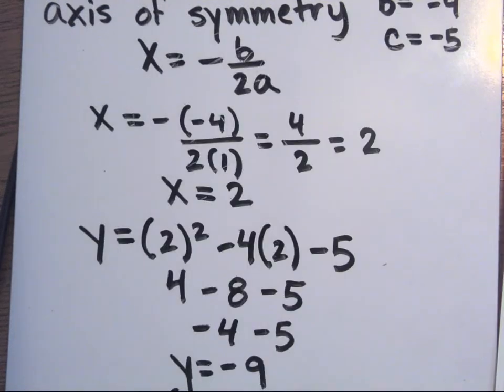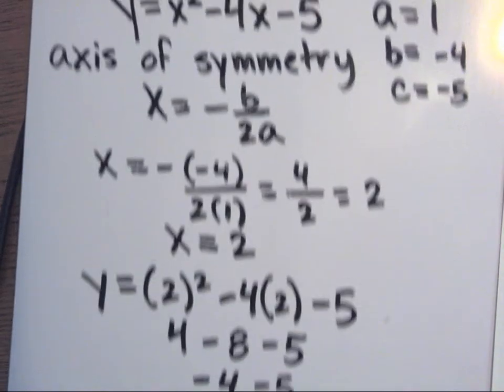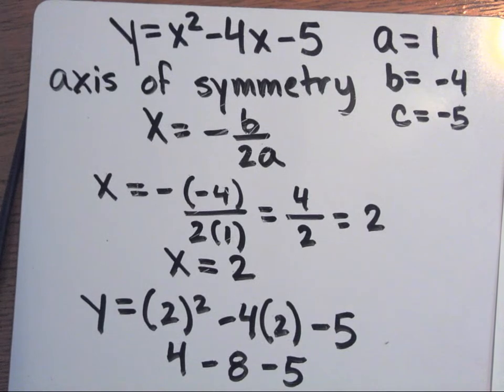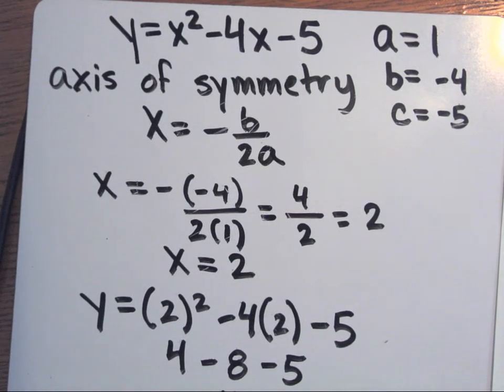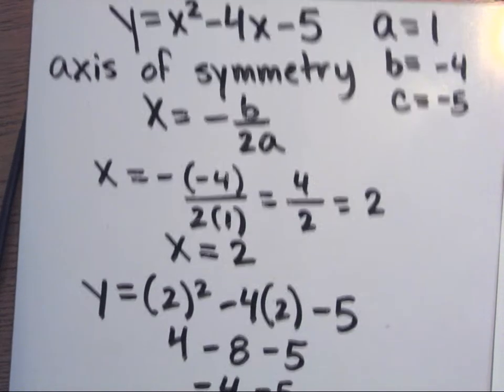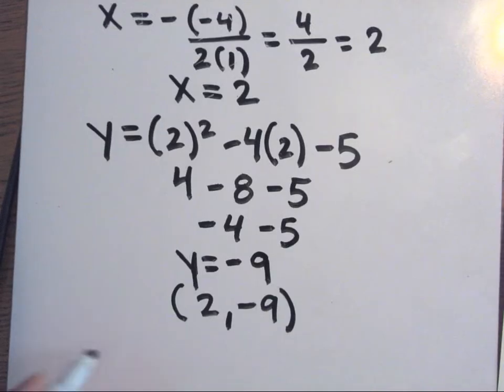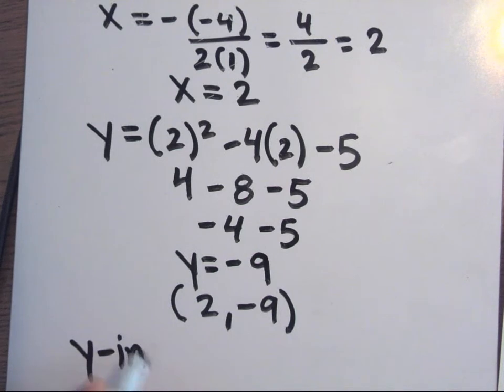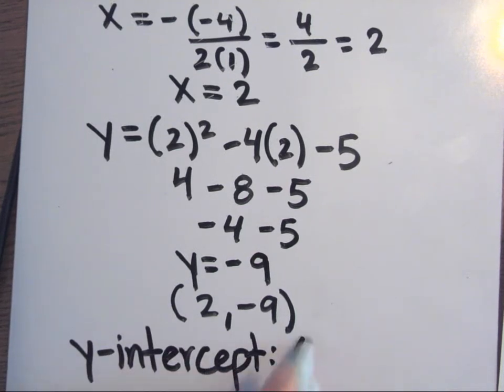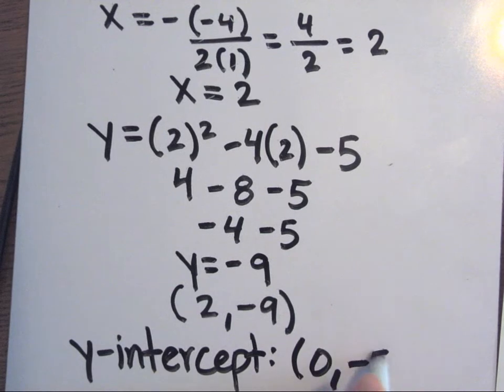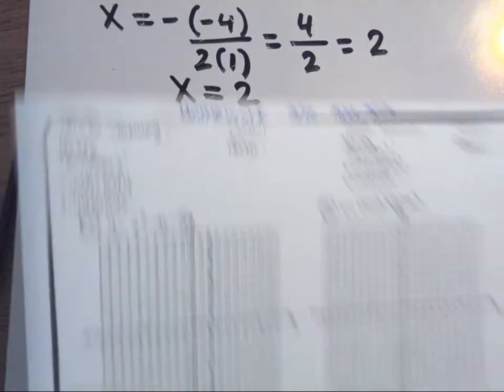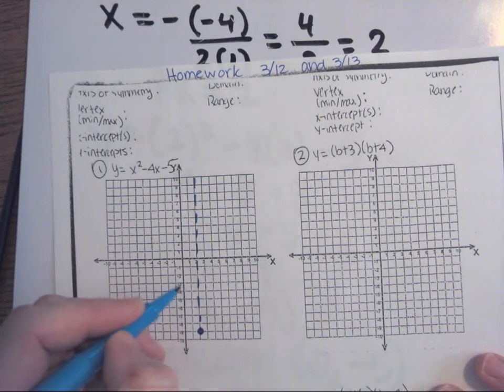The next point is also fairly simple to find. The next point that you should find is your Y-intercept. Your Y-intercept is your C value. So in this case, my C is negative 5. So my Y-intercept is 0, negative 5. So now I'm going to plot that on my graph. Over to 0,